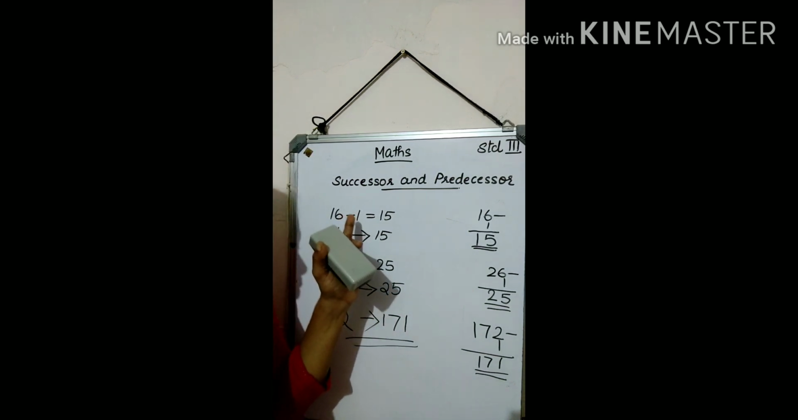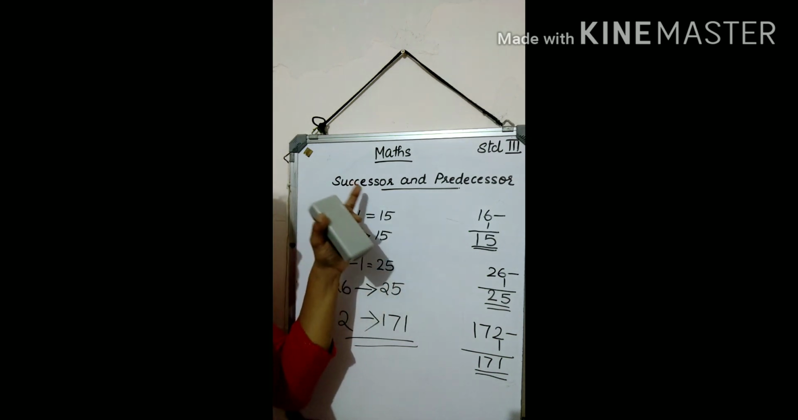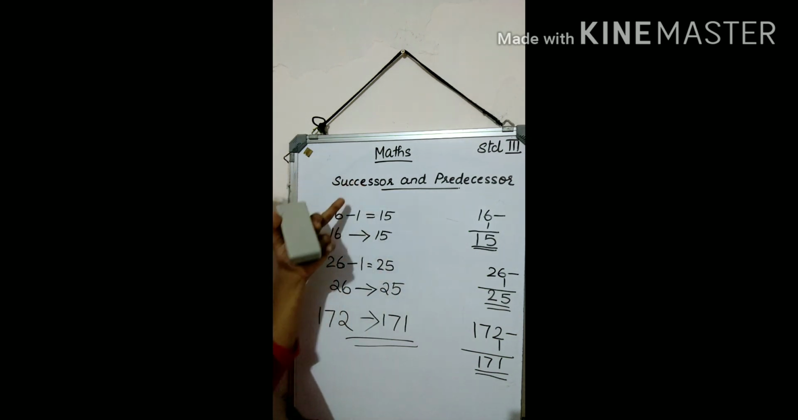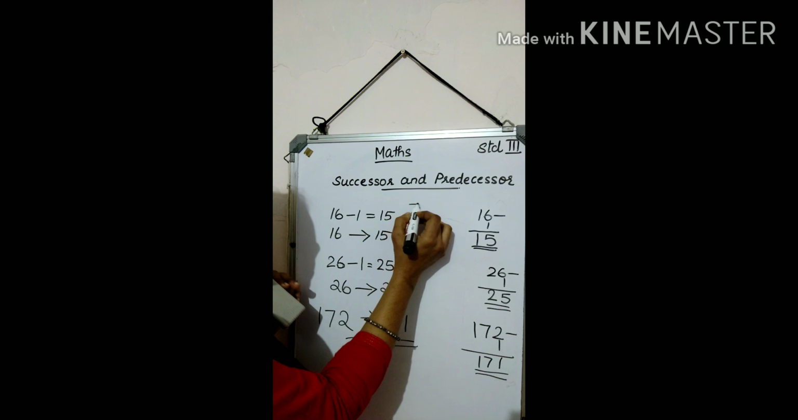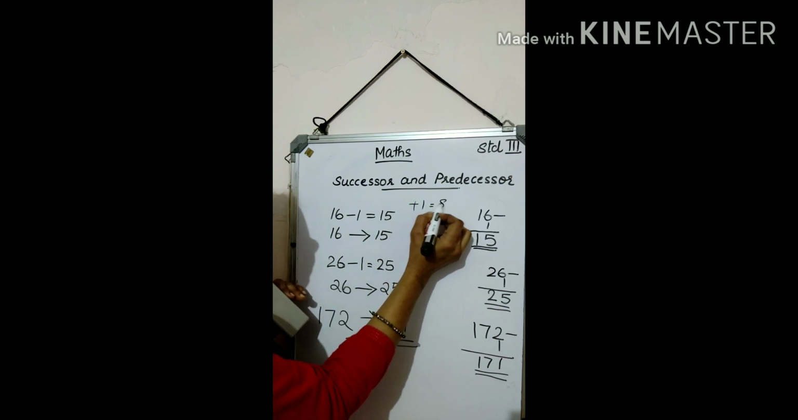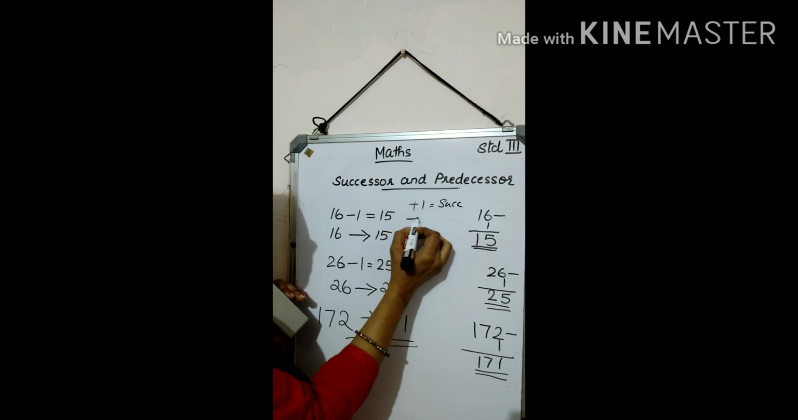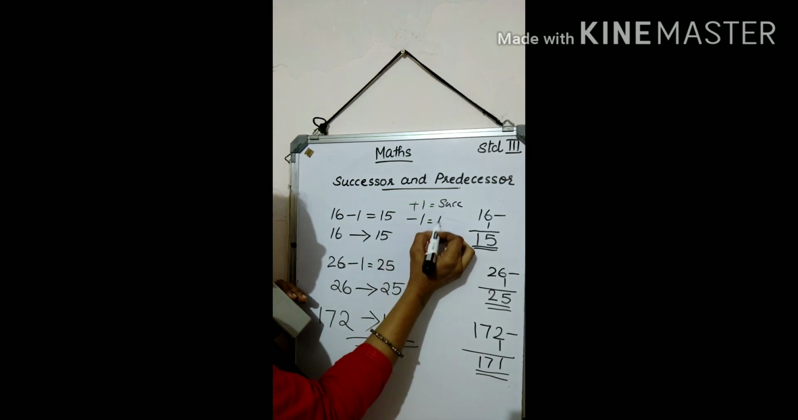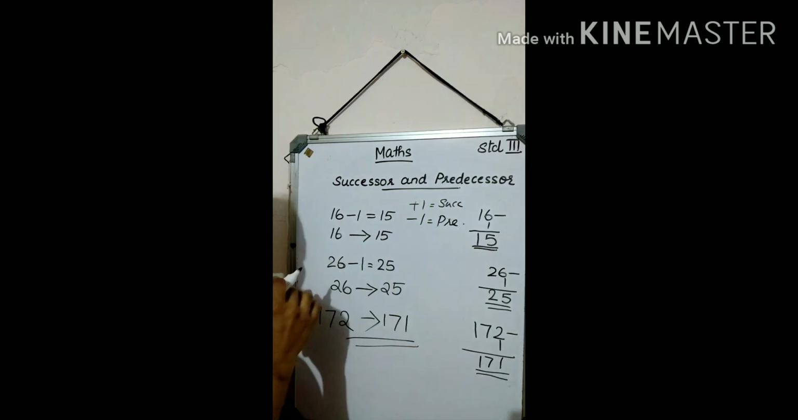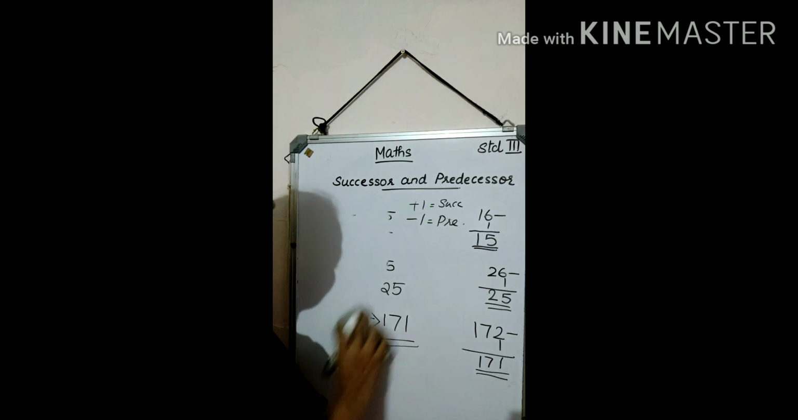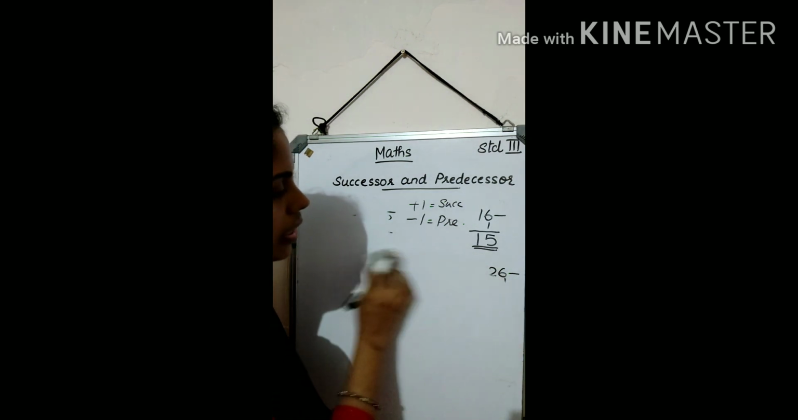So you got the idea of successor and predecessor. When we add 1 to the number, we get the successor. And subtracting 1 from the number, we get the predecessor. So all of you take your notebook, write down